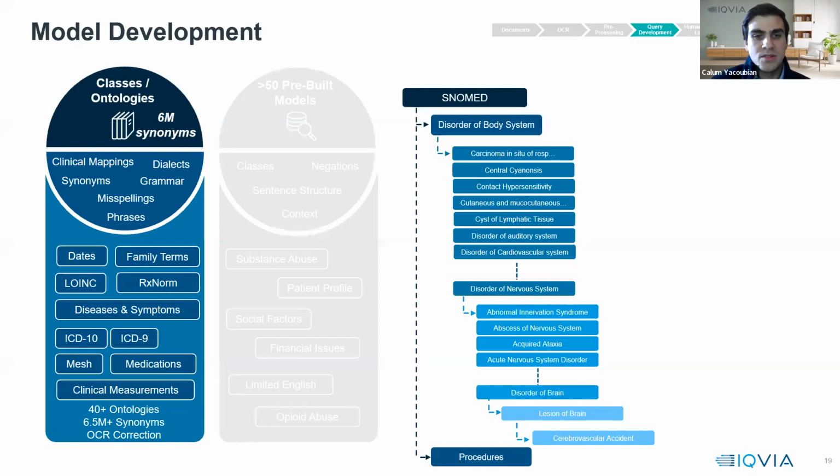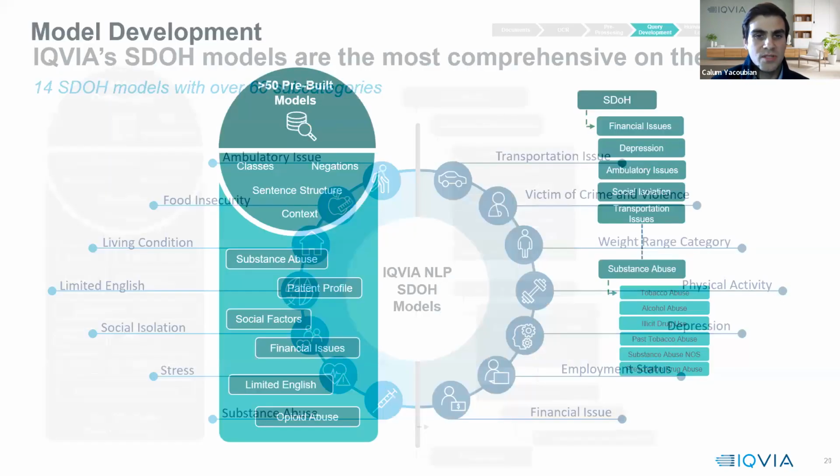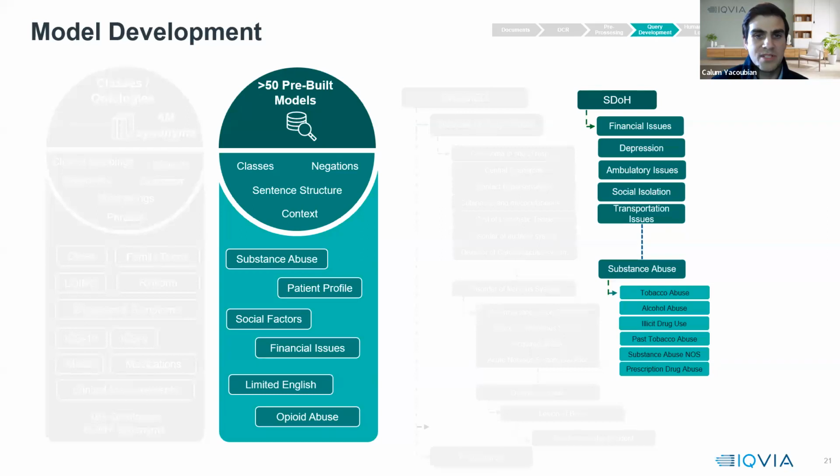Having done that, I also want to add that I'm really interested in the social determinants of health that these patients have. Now, I'll cover this in more detail in one of our case studies, but one of our off-the-shelf pre-built models is a social determinants of health bundle. It's the most comprehensive AI package, or NLP package, for finding SDOH that we're aware of. We've built it over a number of years with our customers who've been looking to extract this information from medical records. So I'm going to choose this alongside, and I'm particularly interested, say, in the substance abuse category,